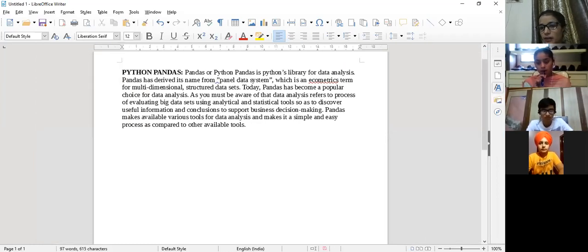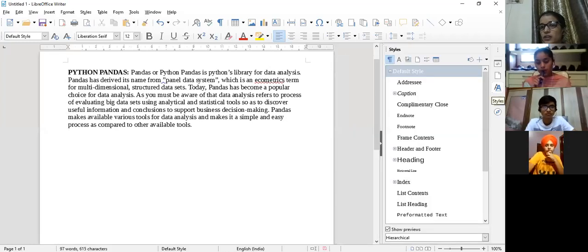This is your sidebar. Clear? On the right side you can see this is your sidebar. Even it is mentioned when I move the pointer over here, that is sidebar settings. Clear? There's a third option. The third option is Styles. Click on it. When you click on it, you will get the styles deck.